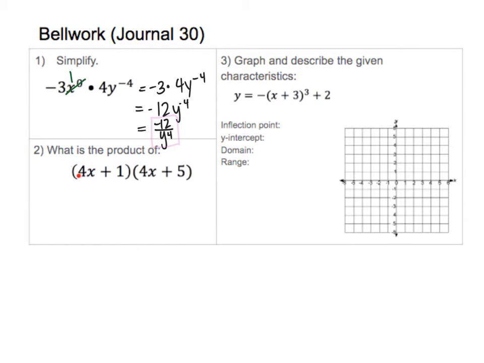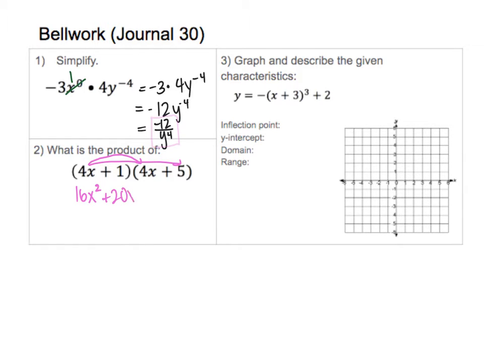So the next one here, I'm multiplying this factor with this. So you do need to FOIL or distribute. So we're going to multiply the 4x with the 4x. So let me just say, when you're multiplying these two, multiply the numbers first with each other and then the x's. So 4 times 4 gives you 16. And then x times x gives you x squared. You just add the exponents. So then we have 4x times 5. So that's just going to be